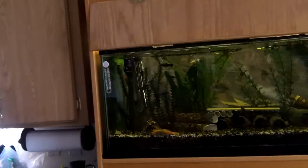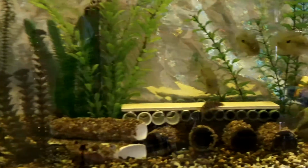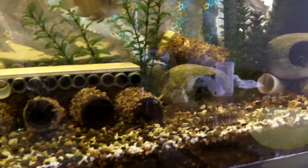I've also got my oldest fish in here, but they're not going to come out and make themselves be seen. White spotted Doradid, Raphael catfish. Both of them are quite old. And then I've got a leopard Synodontis that I've had, must be 20 years now. Time just flies when you're an old man and you've got some fish that you've had for a long, long time. In the kitchen here, I've got this aquarium also with about 9 or 10 petricola catfish, and then I've got my zebra bodies. They're coming out to take a look at me,